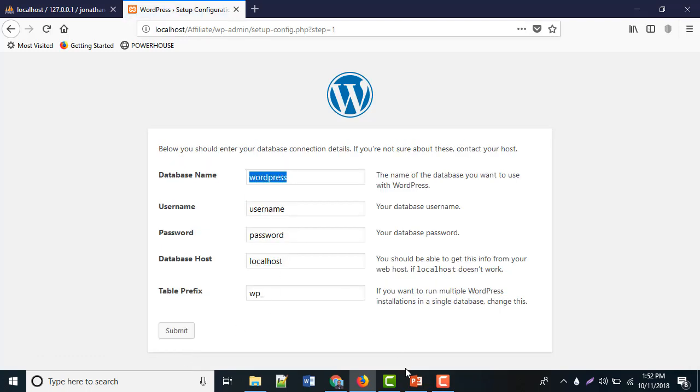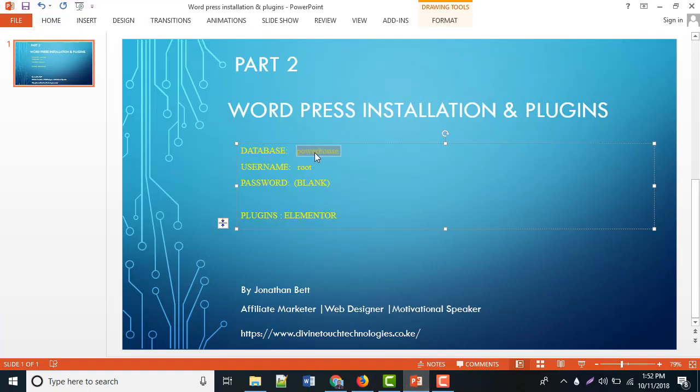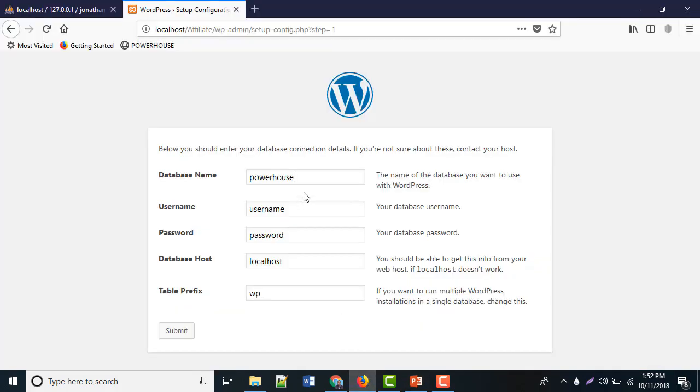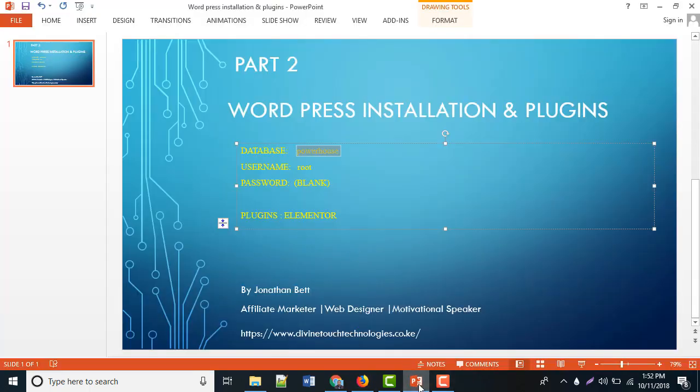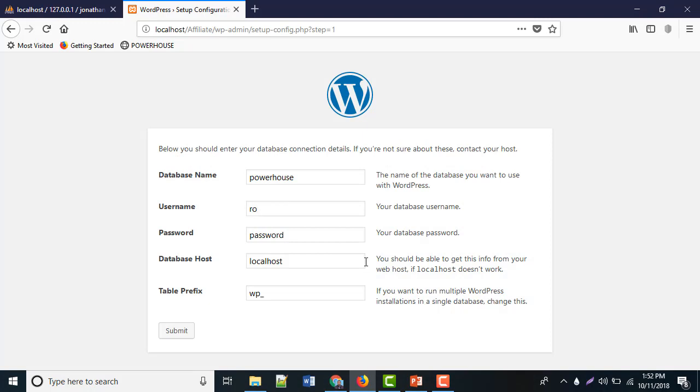So in this case we'll use the powerhouse. So I'll have to copy that also. Let's come here, we paste it there, and make sure that there are no spaces after that word. Username, we have root, and it should be small letters. Password, we are leaving it blank. Then the host and the prefix, we also leave that as the default. Let's click submit,